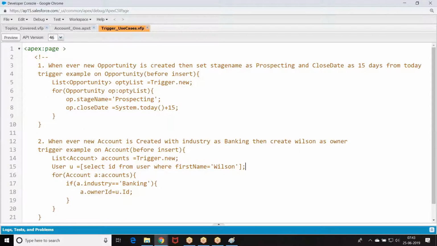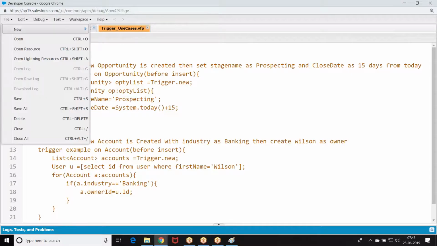Every sObject will have its own fields. In the account team member, if you find out which fields are there, we can insert the record. What we practiced: account, because we know which fields are there in account. Contact we inserted because we know which fields are there. Similarly, account team member is also a standard object. If you know which fields are there, we can insert the record into the table. I hope you got the story.